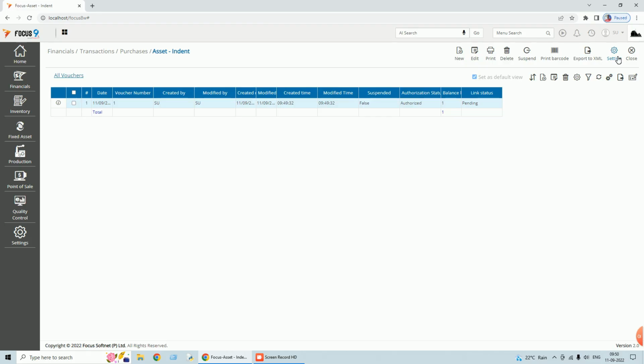After getting the price, they do the quotation analysis. After doing the quotation analysis based on the terms and conditions, they will order this fixed asset from the respective supplier. Now once the indent is raised and all the quotation analysis is done,